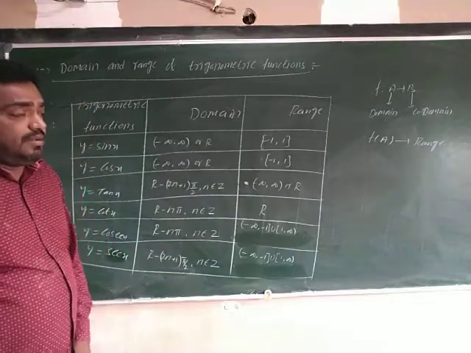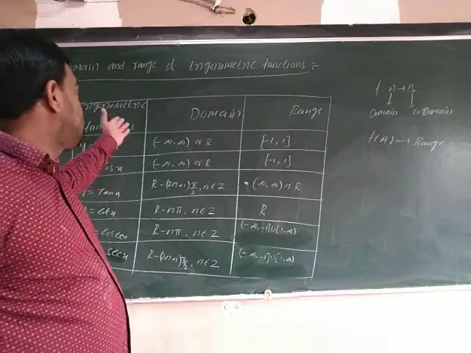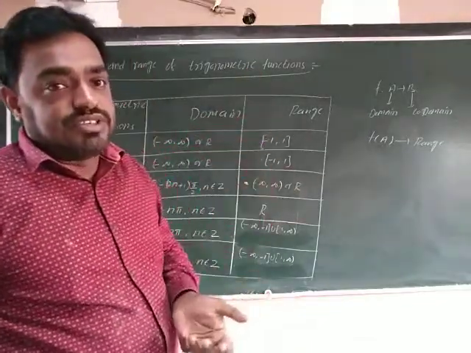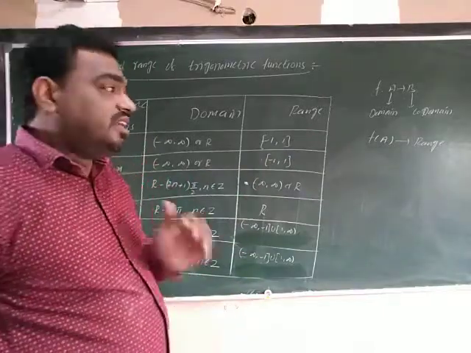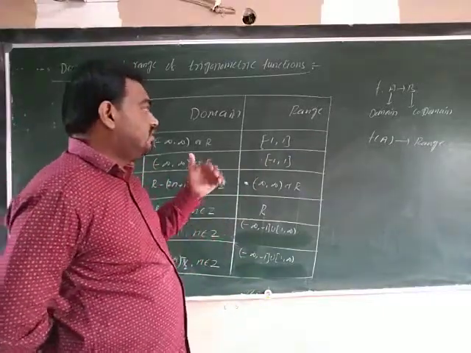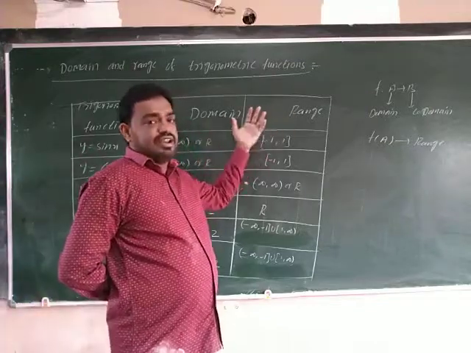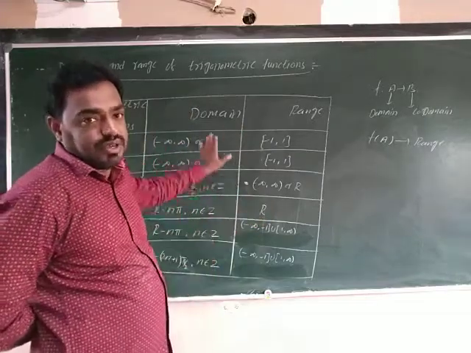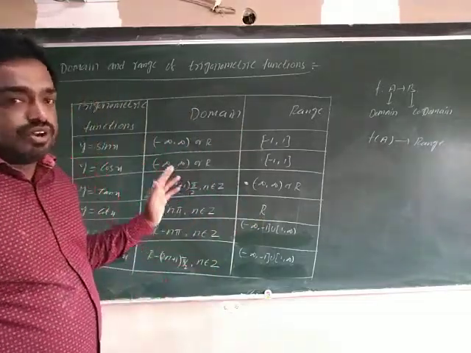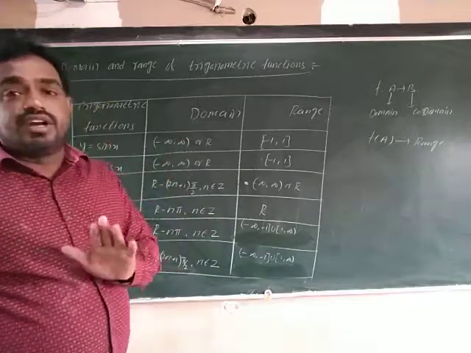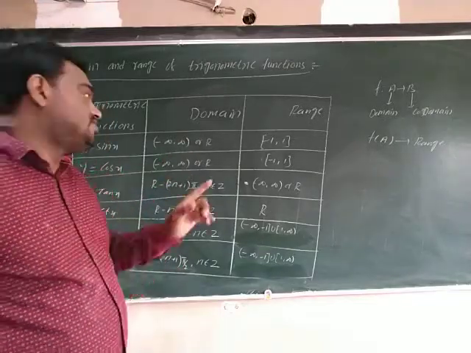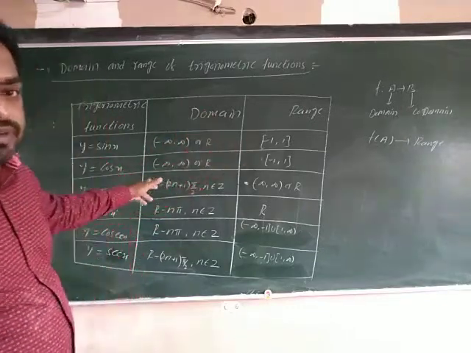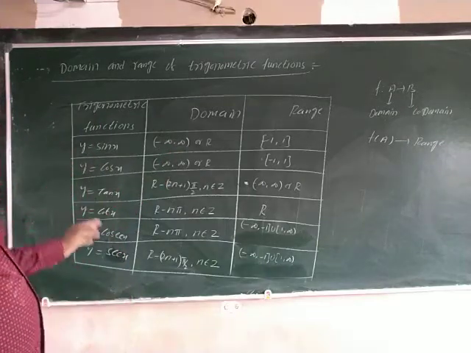In the first place, chances are very low that they ask domain and range, but if you remember it now, it is easy for the second place. In the second place there is inverse trigonometric functions, where the domain changes to range and the range changes to domain. So we derive those domains and ranges from this table only, so it is better to remember this table. In the competitive exam there is a chance they may raise questions on domain and range also, so you have to remember this table. Okay, this is the domain and range.